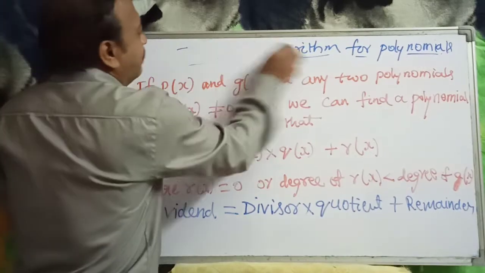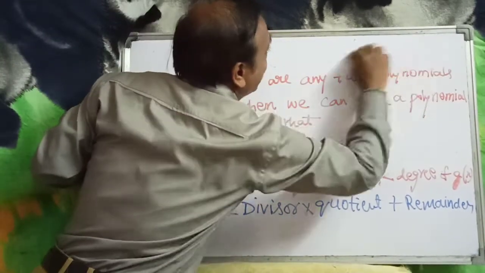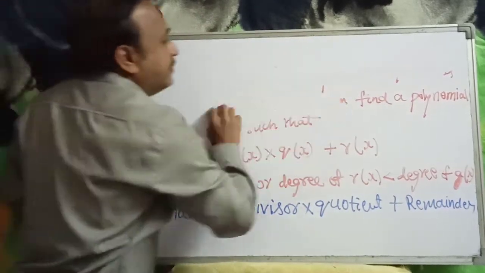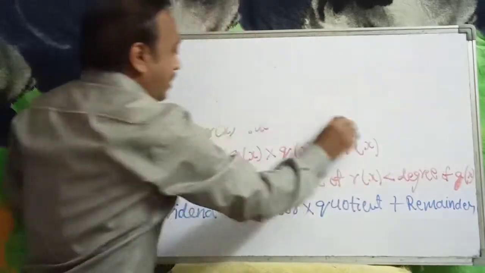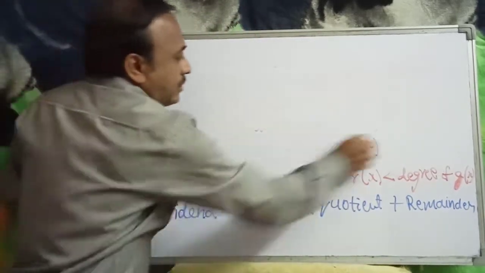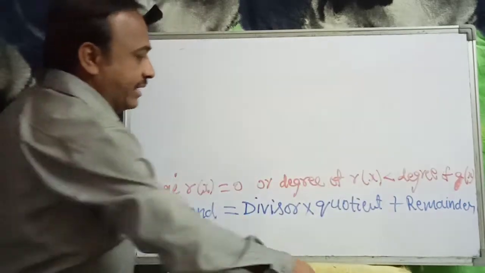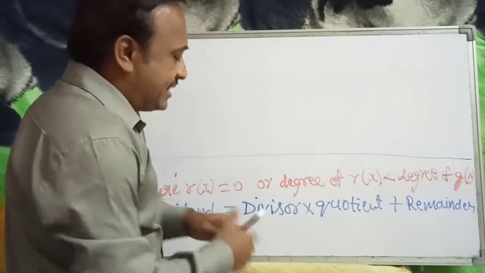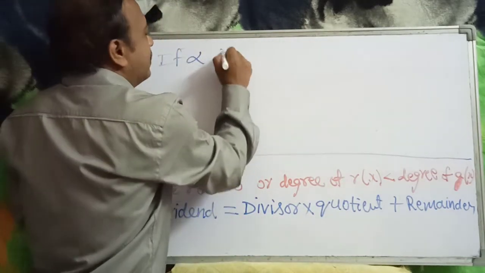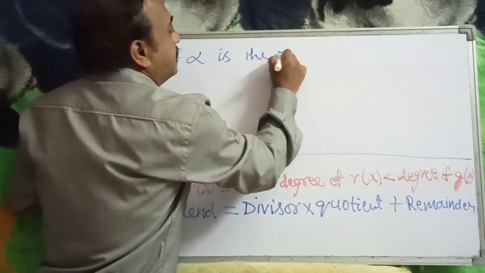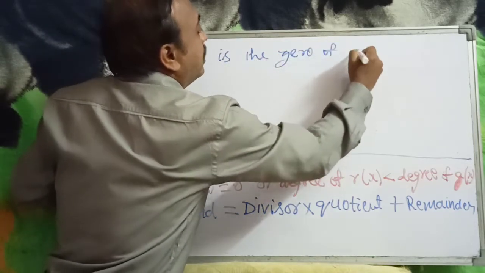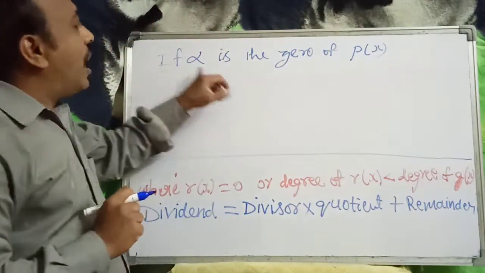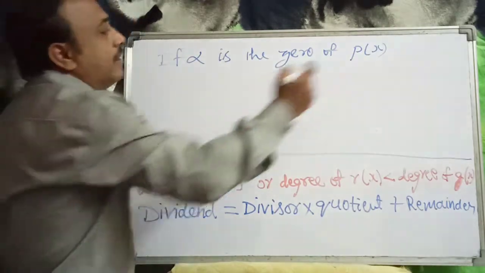That we see here. In algebraic terms, if alpha is the 0 of the polynomial p of x, what is p of x? A polynomial in variable x. If alpha is the 0 of p of x, then